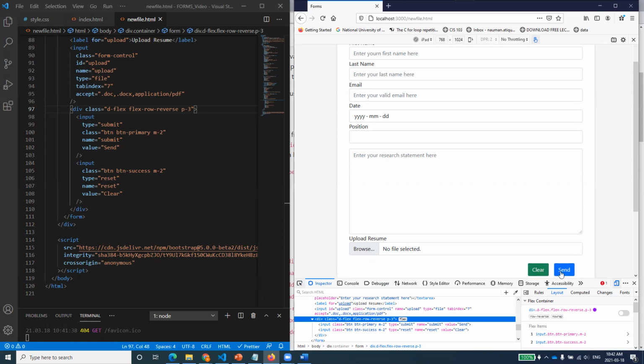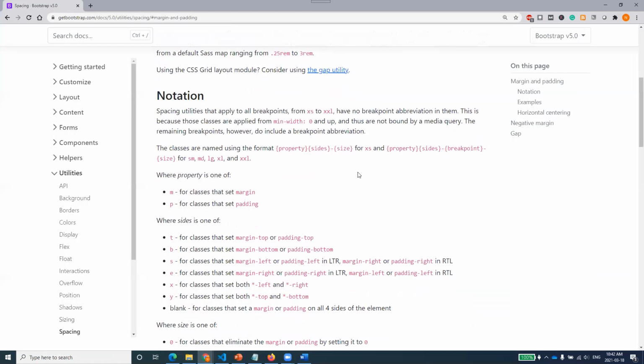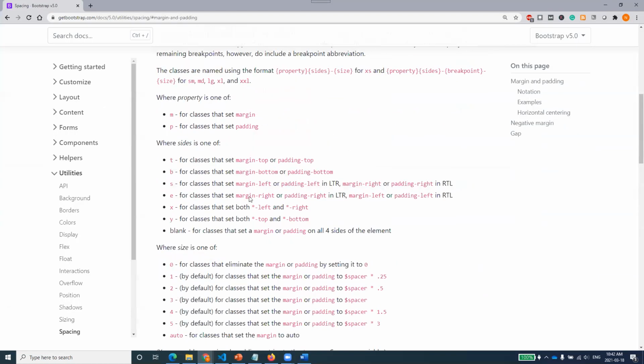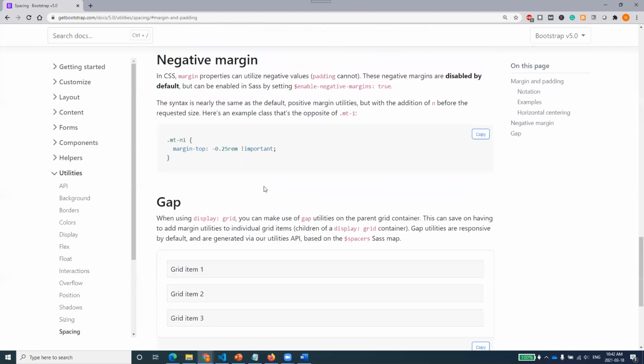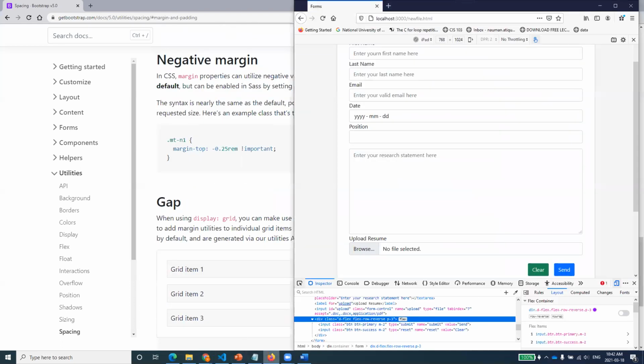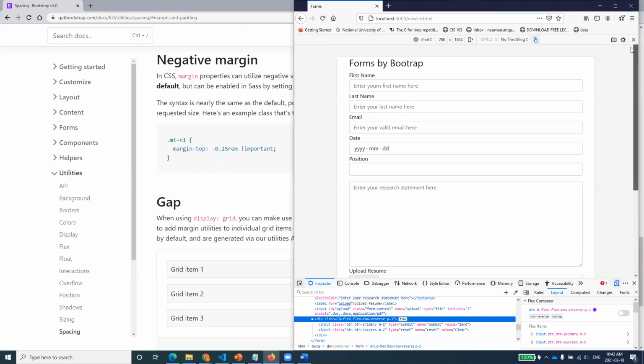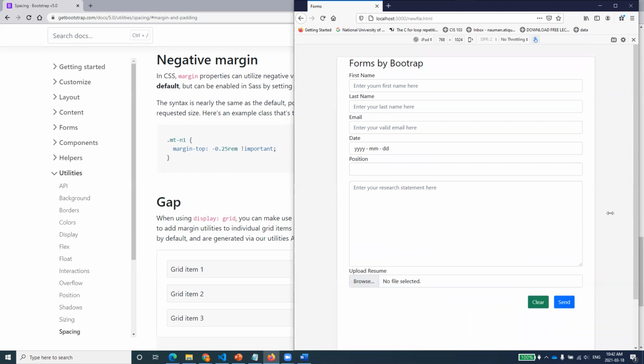Basically, what we want is to make them separate. You can do that by M2. There are lots of options, so you can always go through all these options, and you will love working with them. Now, if you see our form, it looks a bit more presentable, a bit more useful now.